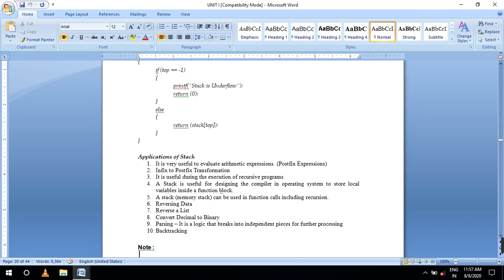For a stack you declare the following operations: push operation, pop operation, and peek operation. In between, we declare which one is for overflow and which one is for underflow. At push level we insert the value. At pop level we delete the values. At peek level we do not remove the element, we just view the elements. The remaining elements you just view at the peek level. These operations are very, very important.